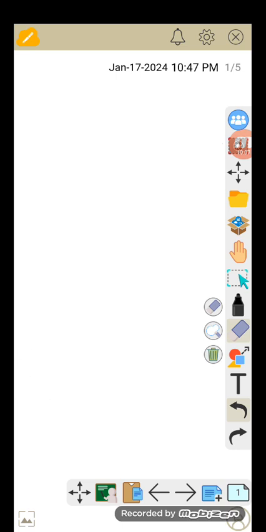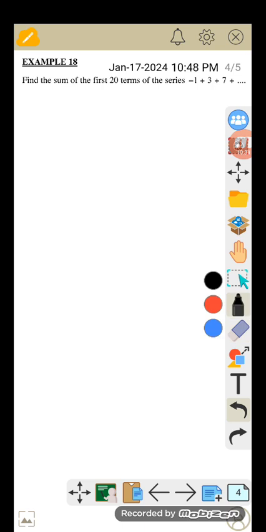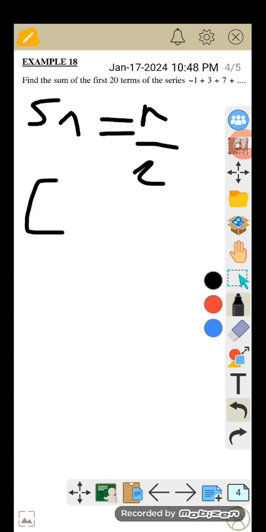So let me move to some of the series of arithmetic. Before I start, I'd like to introduce you to this formula, guys. Sn is equal to n over 2 multiplied by